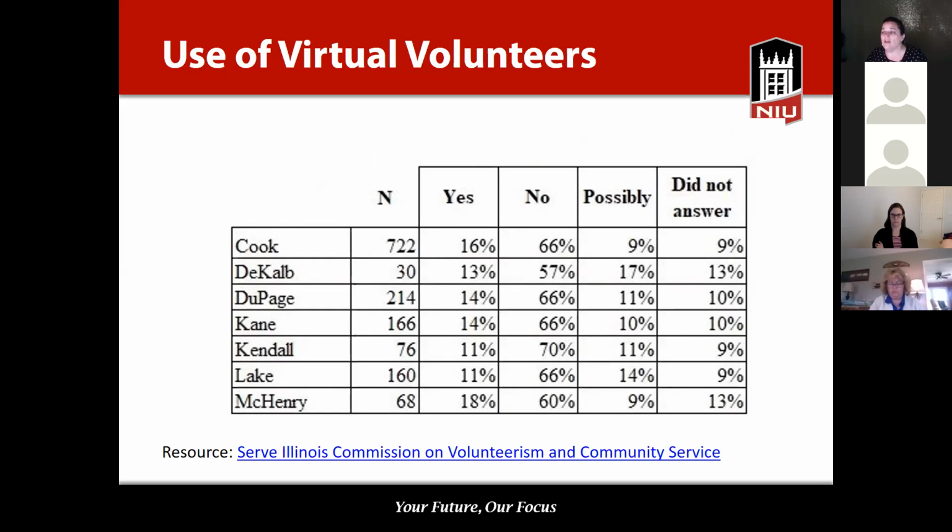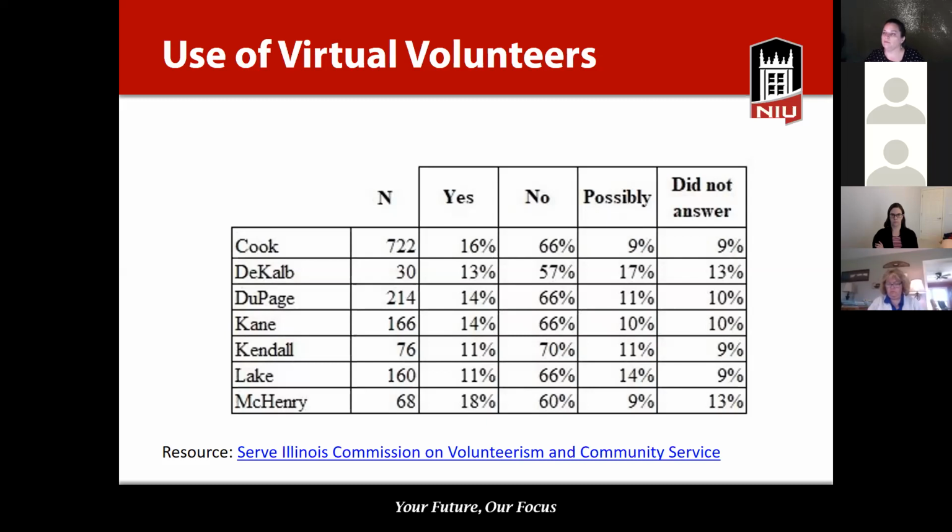You know, the majority of nonprofits who responded to the survey said that they are not in a place to actually offer volunteer experiences virtually. So that could be something that people could think about. Serve Illinois Commission on Volunteers and Community Service has a great website, and they talk a lot about volunteering and virtual volunteer opportunities throughout the state. So if you're a nonprofit and you have those opportunities, you can go in and add that to their database. Or if, on the other side, you're looking for volunteer opportunities, they also have been a centralized place to